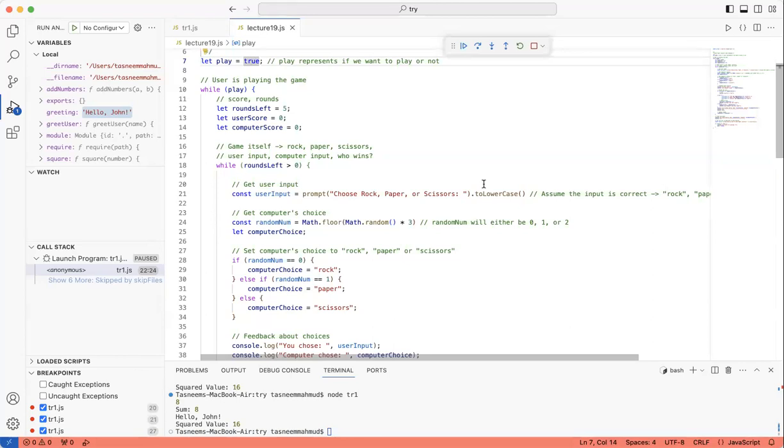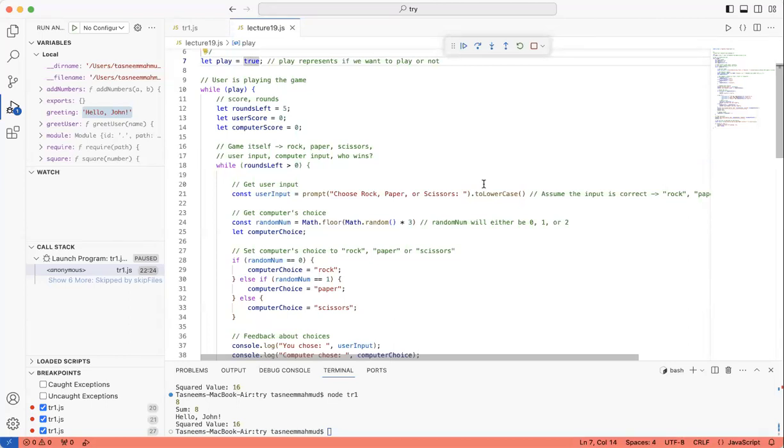Then it goes into the while loop. We have 5 maximum rounds, and we set the rounds left to 5 because we haven't played yet. We set the user score to 0 and the computer score to 0 because this is where the program is starting. Then we go into another while loop to see how many rounds are left.